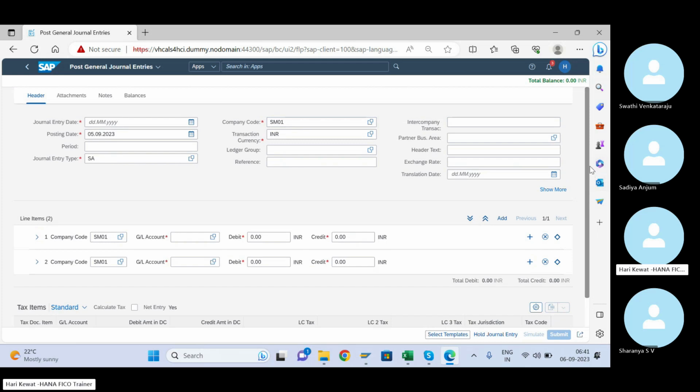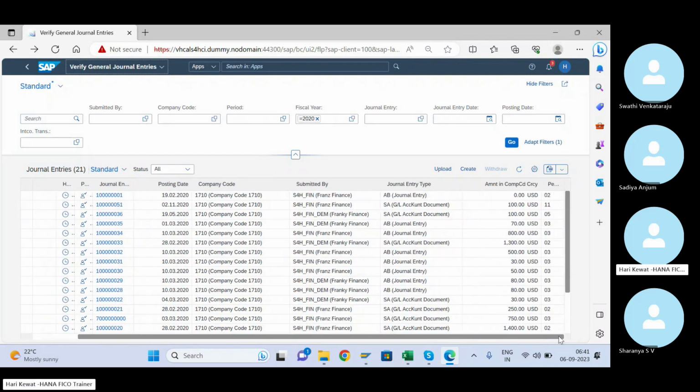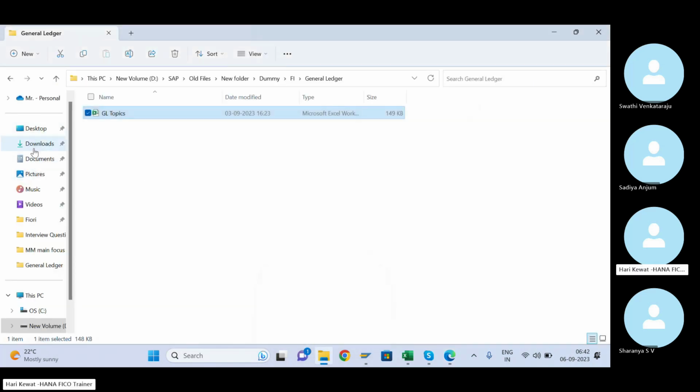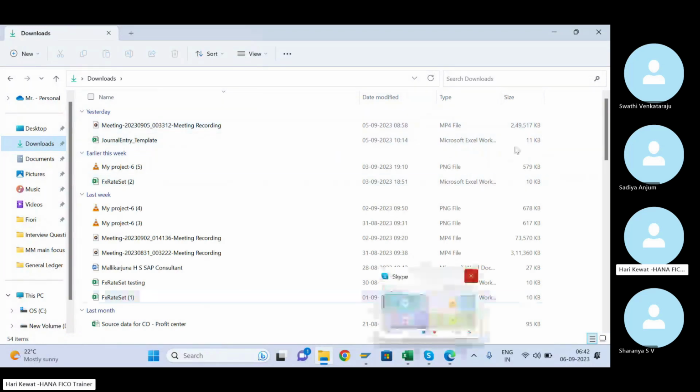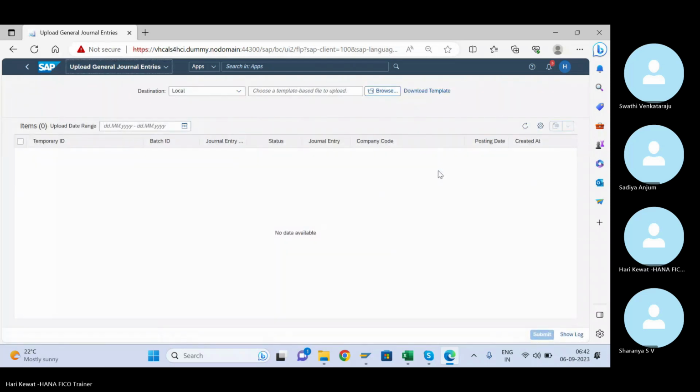Anywhere you check, is the download option there or not, the template download? No, not seeing. Okay, where is the template? The template may be the same one you downloaded for posting the journal entry. Yesterday, if you load from this Fiori app, then it will get, let me go inside. Here it is, the download template is there.